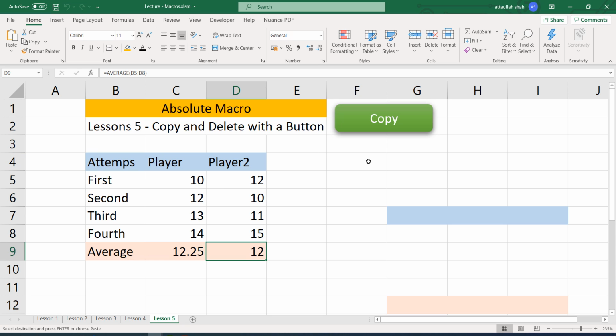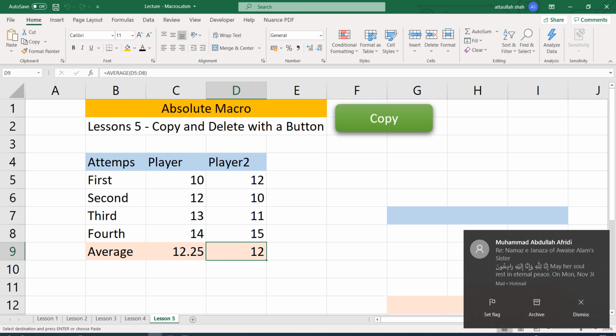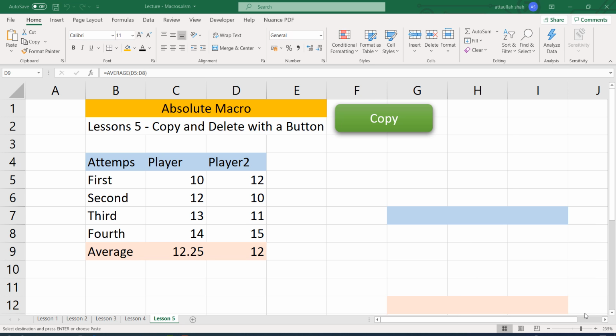And we will record another macro inshallah tomorrow to delete this text. But for the time being, I think that is